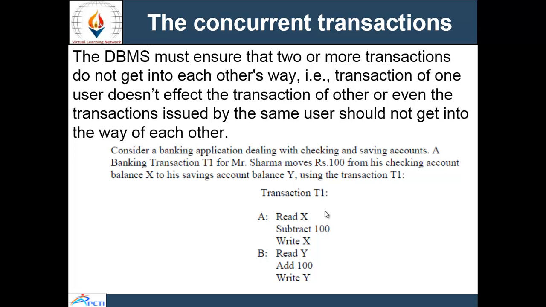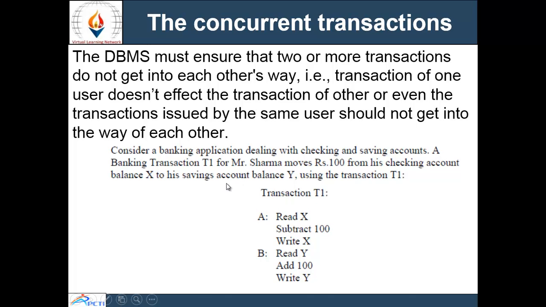And the isolation property of a transaction means the concurrent execution of two or more transactions should be equal to some serial schedule. Concurrent transactions are the simultaneous execution of two or more transactions. Now see,